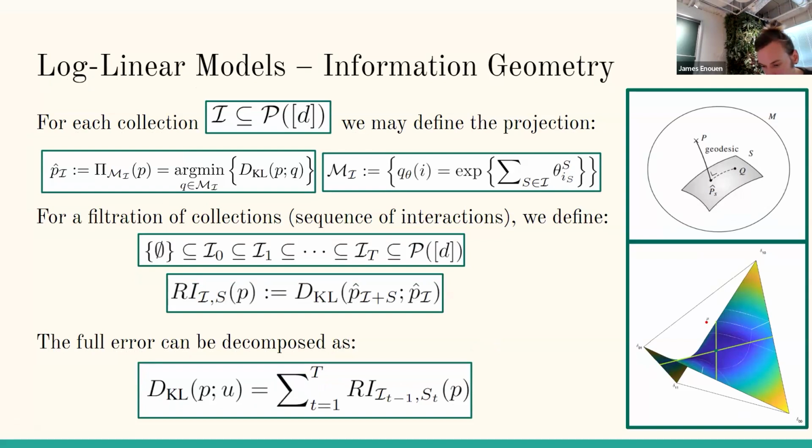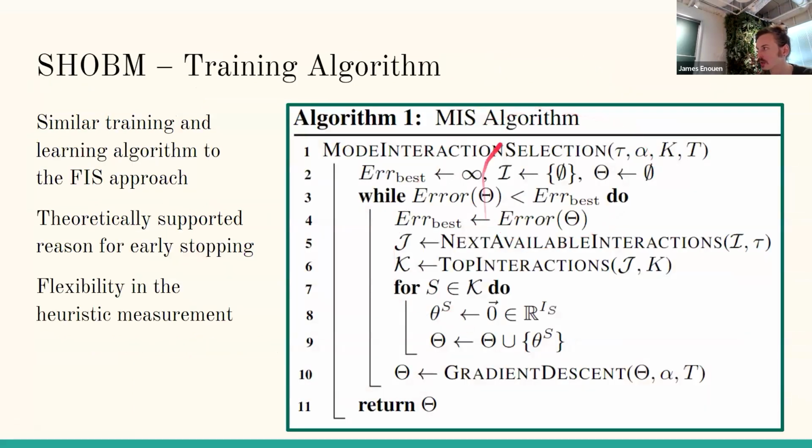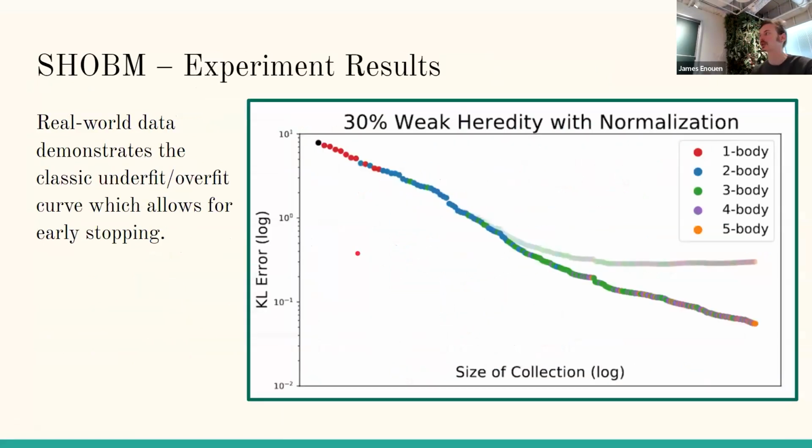So let me try to wrap this up. We'll do the exact same thing. We're going to do a very similar algorithm where we're selecting the interactions which are important. And here specifically, we will do what we mentioned earlier, where sometimes we want to add the 2-body before we add the 1-body, and then the 3-body before we add the 2-body. We're using some heuristic again to do this.